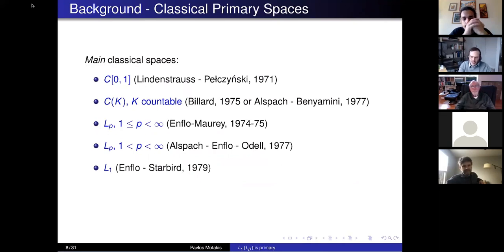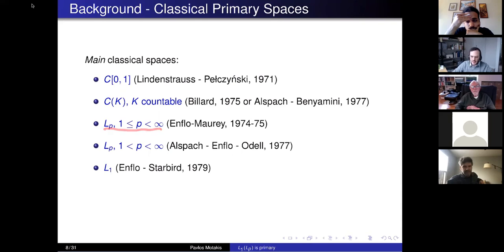Then you can look at C(K) spaces for K countable compact sets. This was proved to be primary by Billard in '75 and independently by Alspach and Benyamini slightly later. And these two together, if you use Milutin's theorem, cover all separable C(K) spaces. Then slightly later,